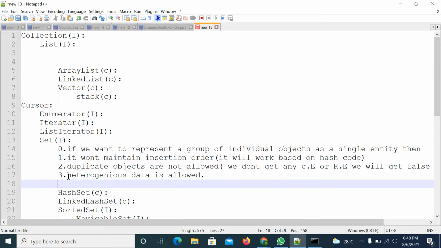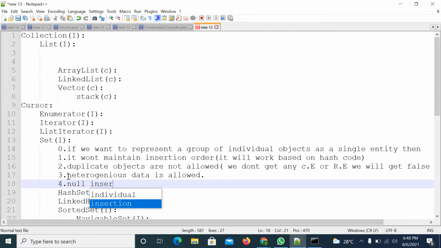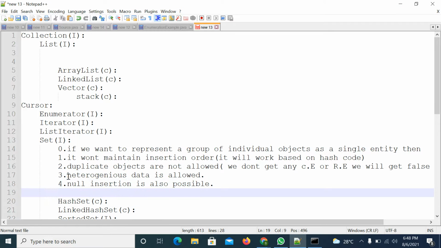Heterogeneous data is allowed. Null insertion is also possible.